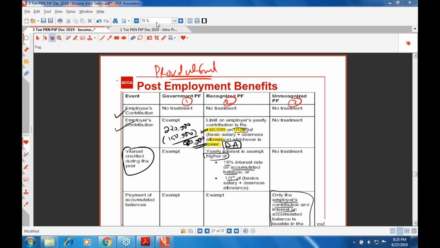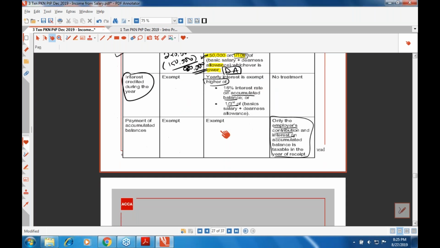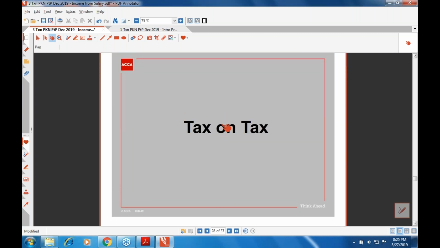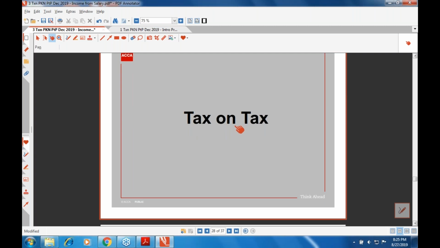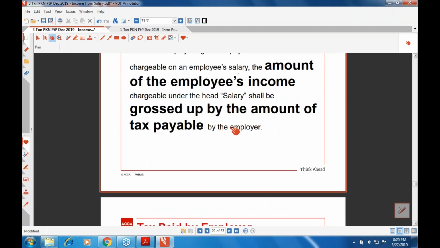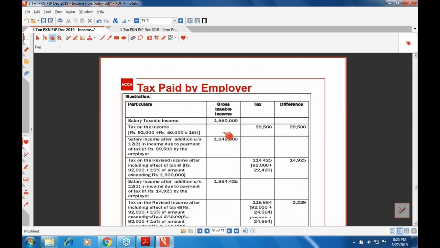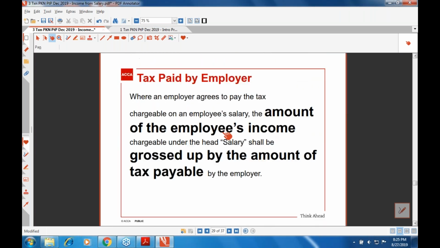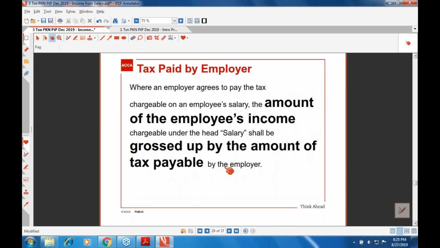Okay, let's move forward. So we are done with this specific aspect also. The next concept is called the concept of tax on tax. Now what exactly do you mean by tax on tax? So let's try to understand this. What is this tax on tax all about? If I talk about the concept of tax on tax,